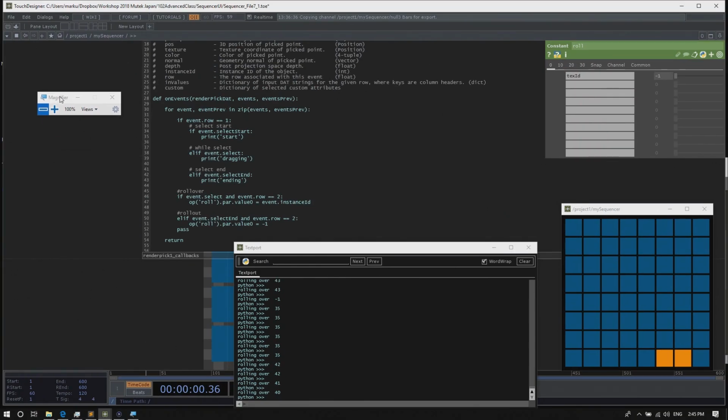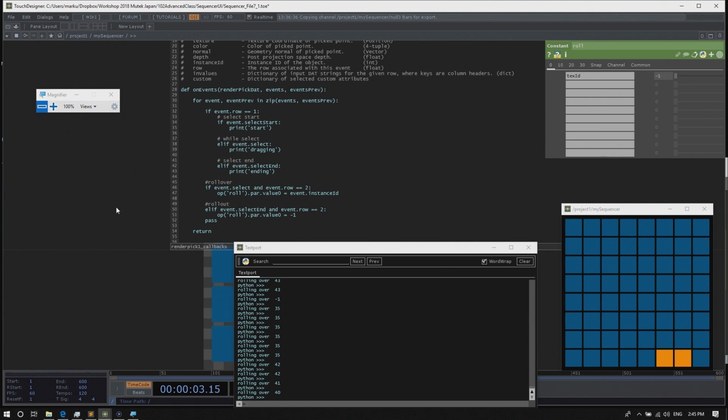So, how do we create an extension? Well, we can again use the customize parent component menu.